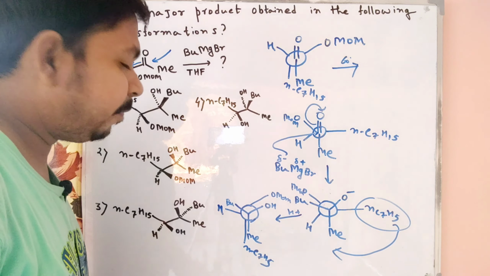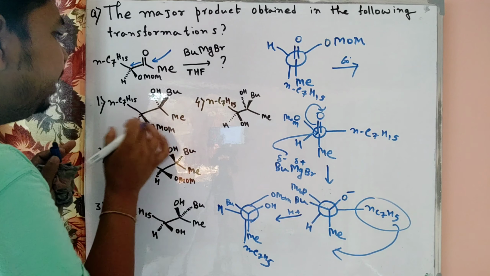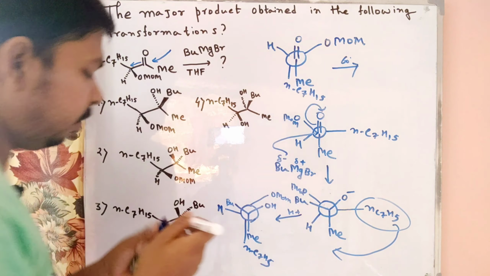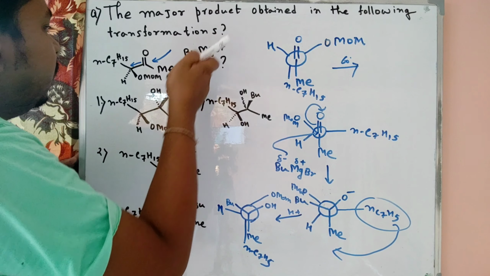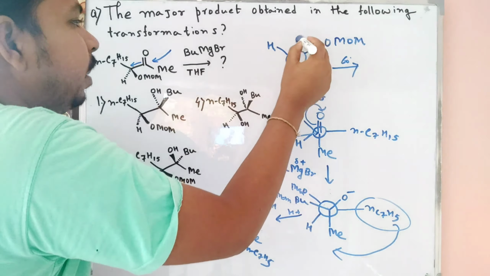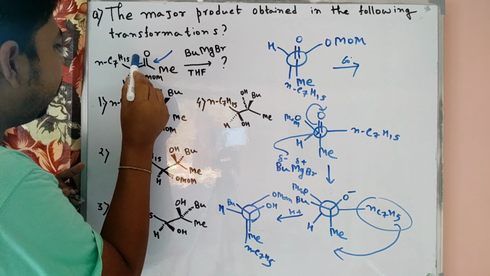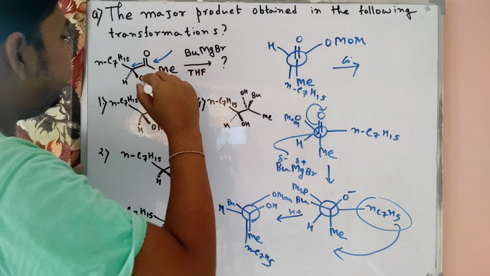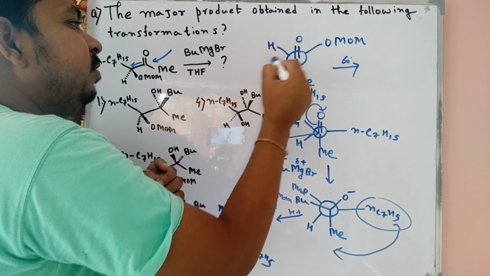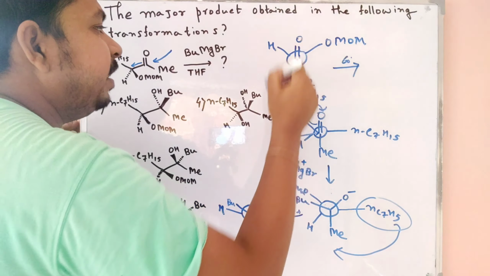So our problem is solved. Now we can easily place it in the three-dimensional structure. At first we also draw the Newman projection formula. On this side, our front carbonyl group we place here, and the methyl group we place perpendicular. Then our OMe group is on the right side and hydrogen on the left side. We place hydrogen on the left, OMe on the right, and this bond is downside. So this one is the eclipsed form.